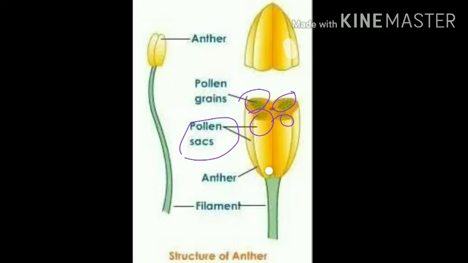So basically, a sterile stamen is said to be a staminode. So just remember that important point. Stamens of the flower may be united with other members such as petals or among themselves. So just try to understand, they may be united with other members such as the petal part or the sepal part, anything. When the stamens are attached to the petal, they are said to be epipetalous, as we can see in brinjal. So that is an example for that. We say epiphyllous when the stamens are attached to the perianth.